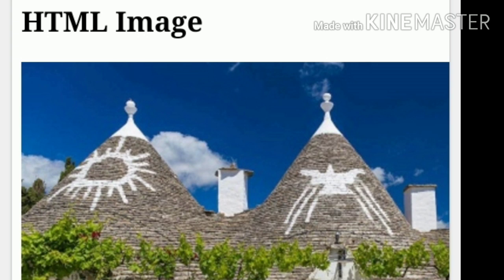At the time of saving the image file name, the output of that image is to be displayed. See that image, you can see that image displayed.